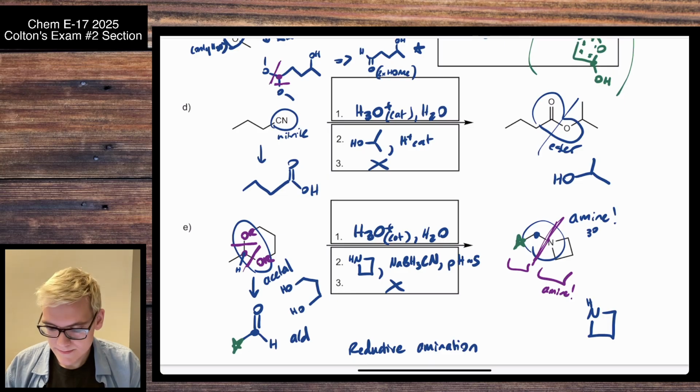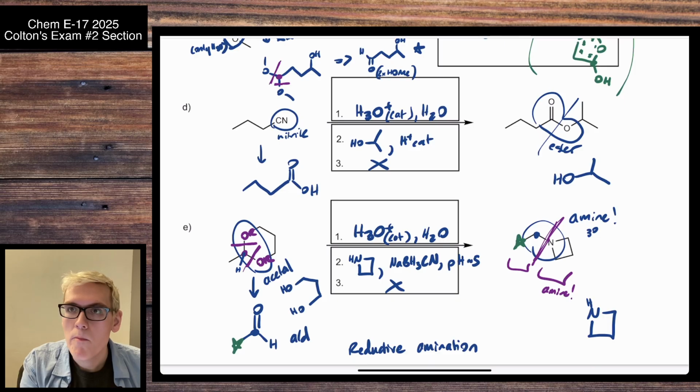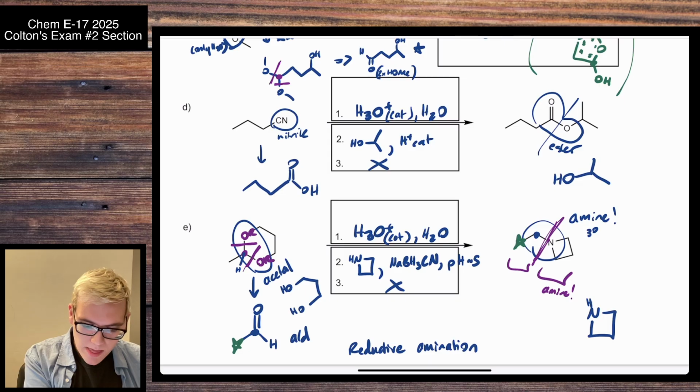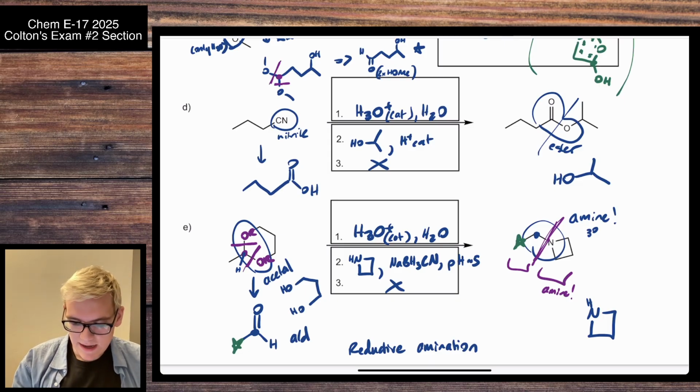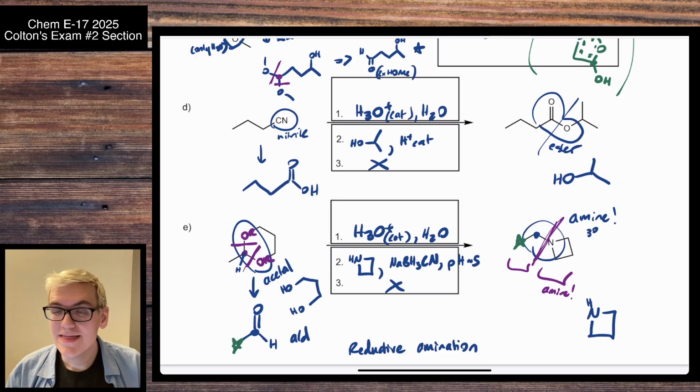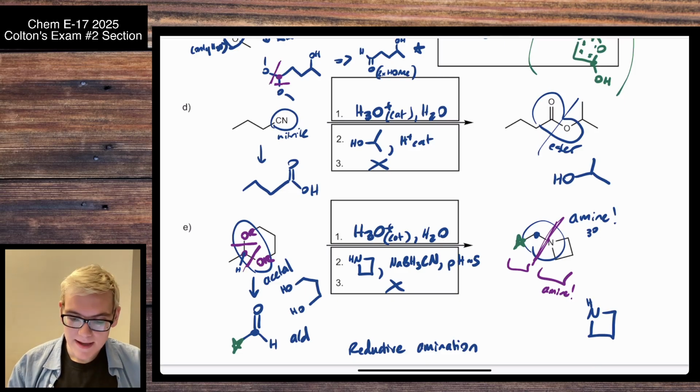For me, I was just confused because I didn't know that step 2 would be all of this. I put the amine as a third step. Gotcha. So the reductive amination as a third step, yeah. So you did step 2, NaBH3CN pH 5, and then step 3. Yeah. Gotcha. Honestly, I don't think that they would actually count off for that, because